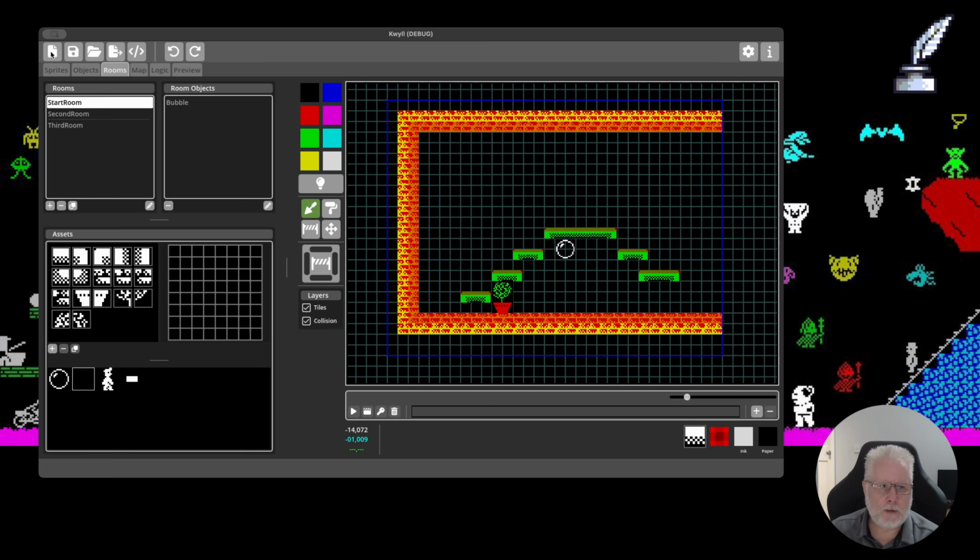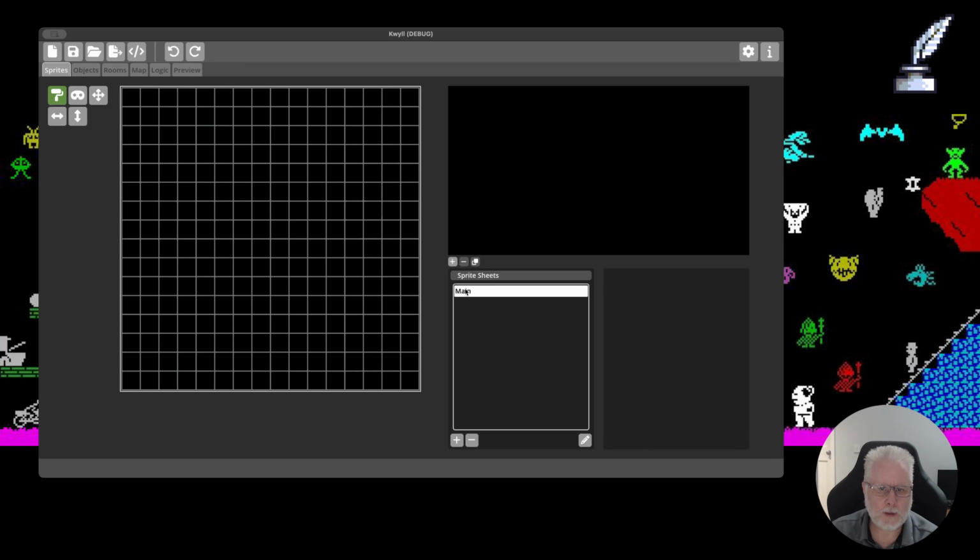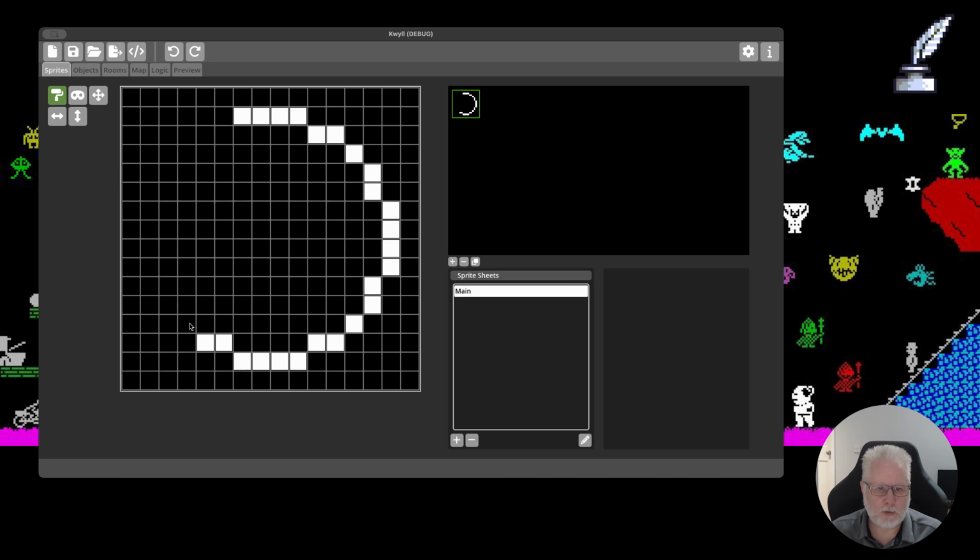So if I reset and I'll go back, I'll just clear this up so that we're on a clean footing. So to demonstrate this feature, I'm going to need a sprite. So let's recreate our bubble, because that's an easy one to do. I'll draw the standard bubble because it's a fun thing to do. It's recognisable, and I've got it pretty much down, so I can do it without thinking too much about it